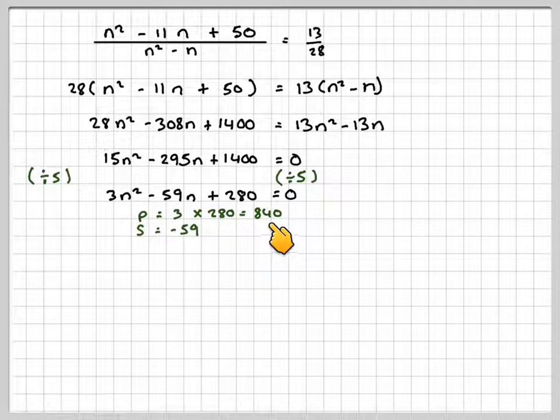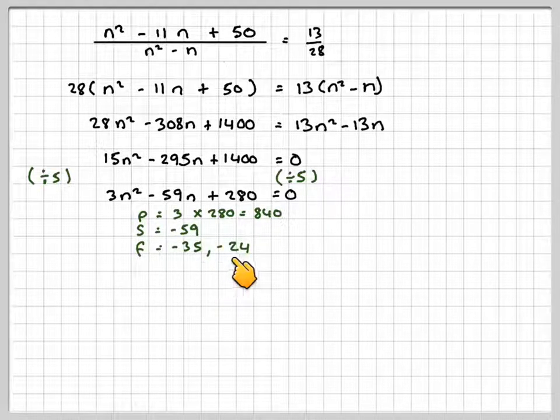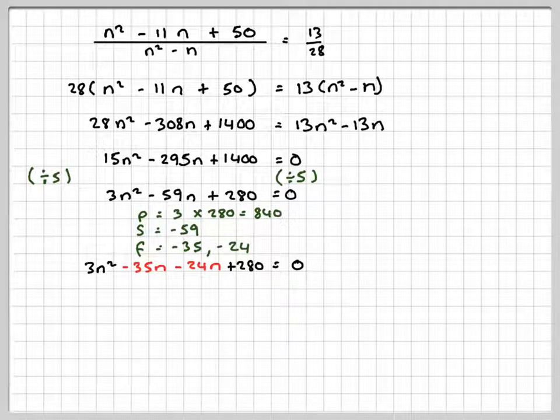We want two numbers. When we multiply them together, we get 840, and the same two numbers will give you a sum of minus 59. With a bit of trial and improvement, you will come up with minus 35 and minus 24. If you add those together, you get that. And if you multiply them, you'll get positive 840. So you write down the quadratic equation. So it's 3n squared minus 35n minus 24n plus 280